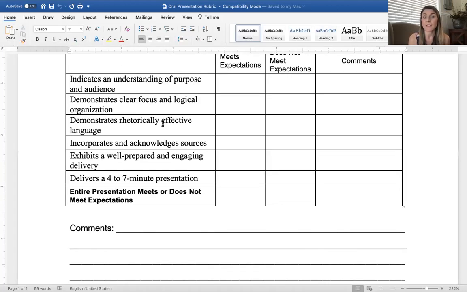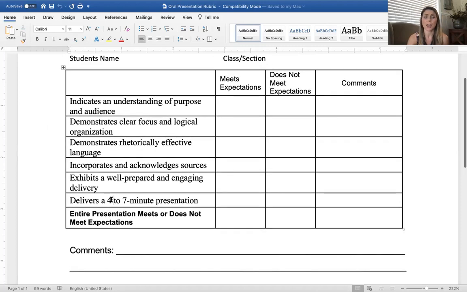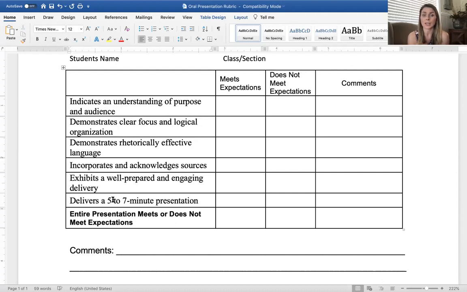Demonstrating rhetorically effective language, okay? Were you monotoned? Did you seem engaged and enthusiastic about the work you're presenting? Are you using collegiate diction? Does it sound like a professional presentation? Okay, a lot of you did a great job of this in your midterm. Some of you, it was a little bit more casual and it was like a conversation. I want you to be really sure that you are just really engaged and that you are considering this as a professional collegiate audience.